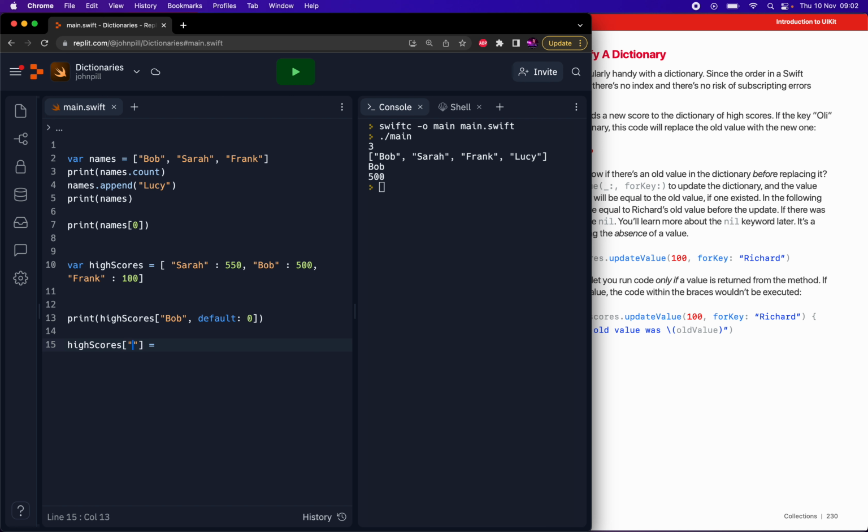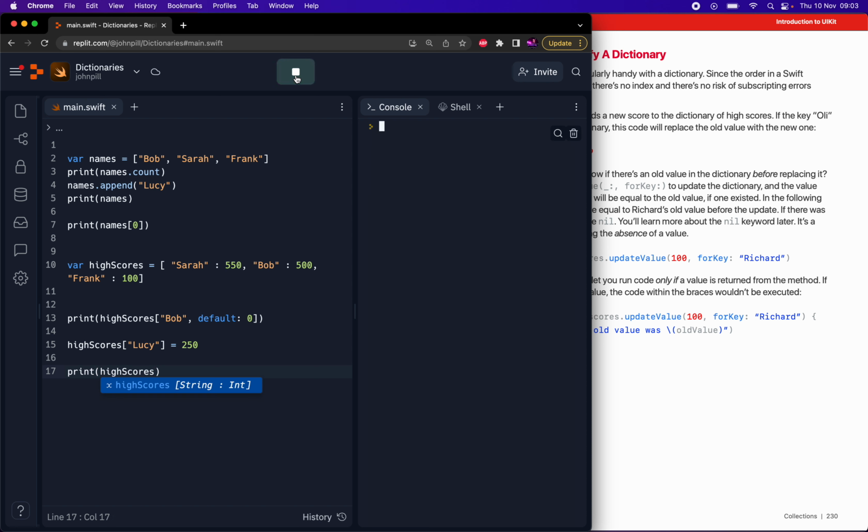So let's create the name. Let's stick with our Lucy, and Lucy has maybe 250 points. So this is how we can add a new value to it. So if we just print high scores and run it,